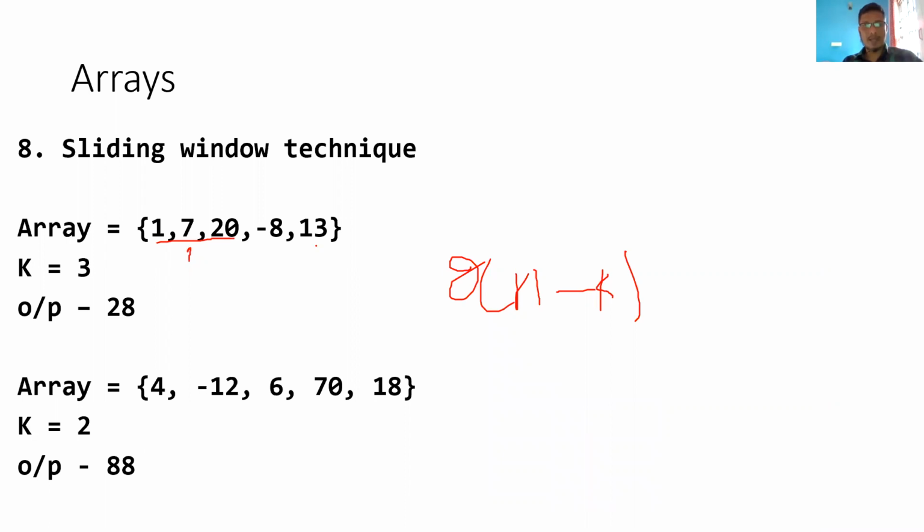Okay. And the comparison will happen. So basically, sliding windows, right, you compare like this. So you don't go beyond this point. Once you hit the last element, you don't go beyond this point. So in this case, 1, 2, 3, 4, 5 elements, you did only 3 comparisons. Basically it will yield 5 minus 3, so it is 2. So theta of 2 times.